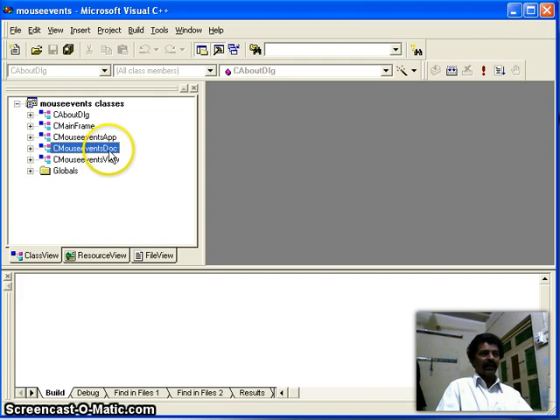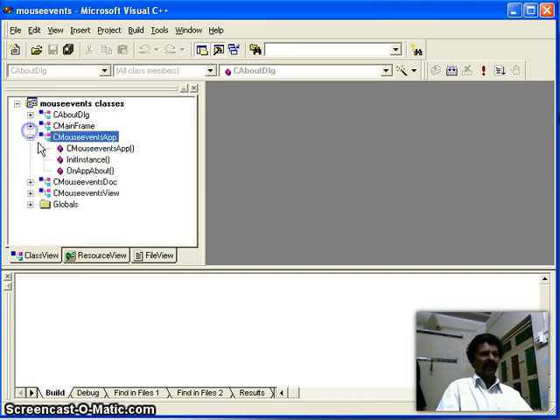Therefore, the contents are the document, the contents appear in the view class, the view is enclosed in the frame class, and the frame is enclosed inside the application class. These are the main classes, and each class has some events and methods.